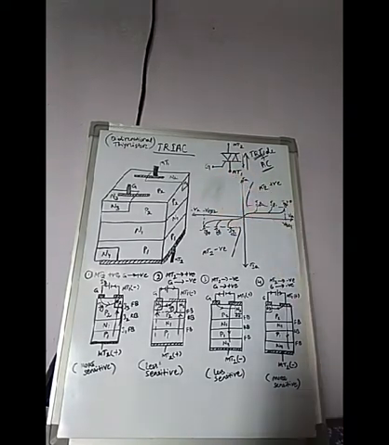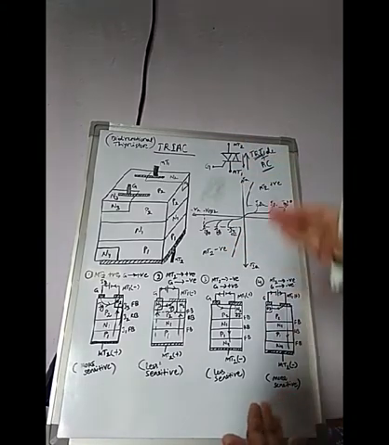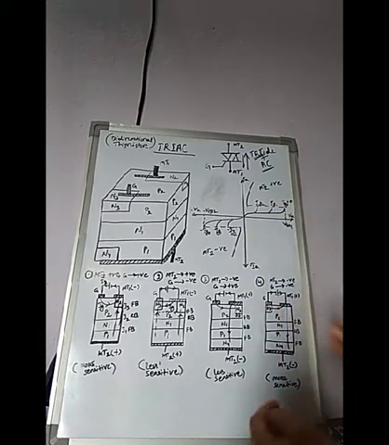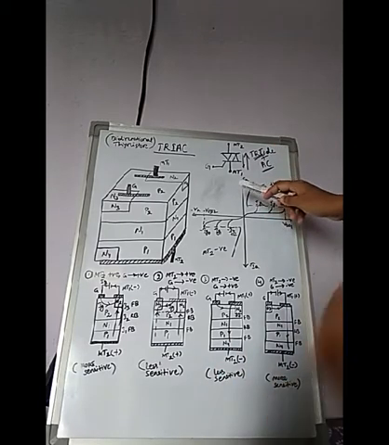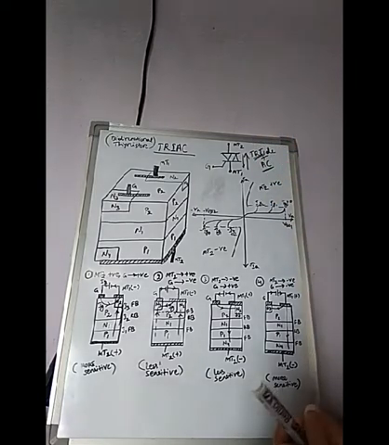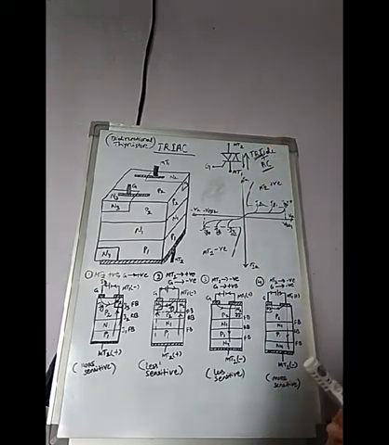Now see, as the triac can conduct in both directions, the terms anode and cathode are not applicable here, because you already know from the diode section and thyristor section that current can flow from anode to cathode only, not from cathode to anode. That's why here the terminals are termed main terminal 1, main terminal 2 and gate. Main terminal 1 is represented as MT1, main terminal 2 as MT2, and gate by G.